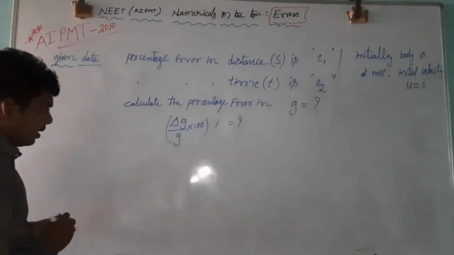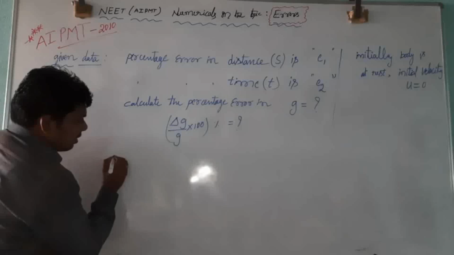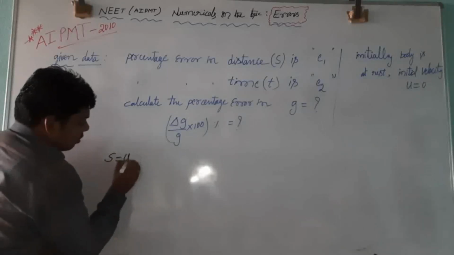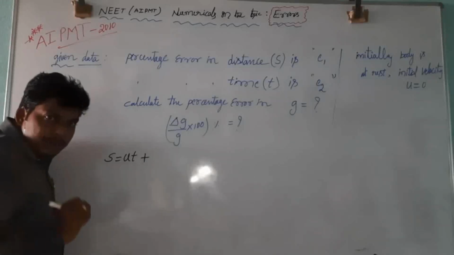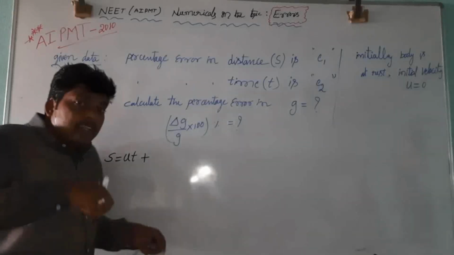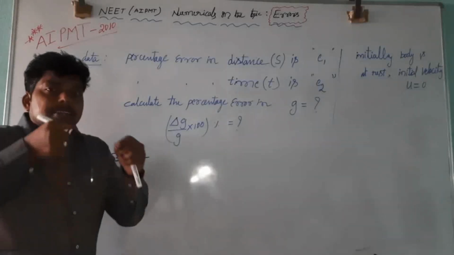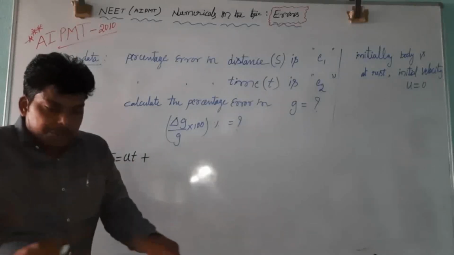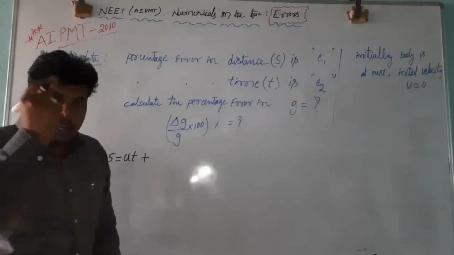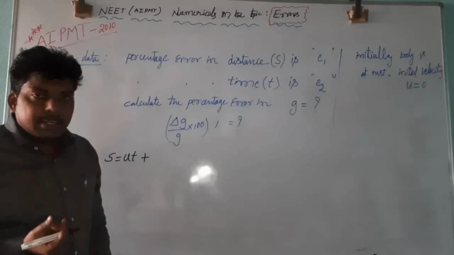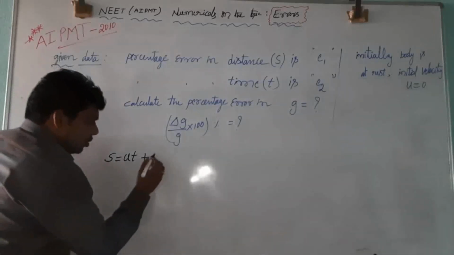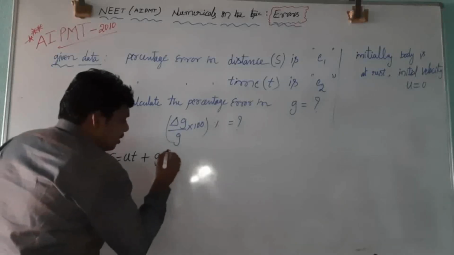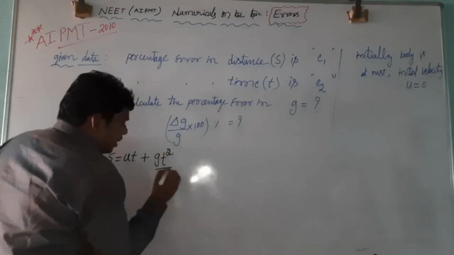That is nothing but s is equal to ut plus at square by 2. a is nothing but acceleration. Which acceleration do we have to consider here? Acceleration due to gravity. Due to gravitation, there will be a certain increase in velocity. That increase in velocity with respect to time is considered as the acceleration due to gravity. Here, that is gt square divided by 2.